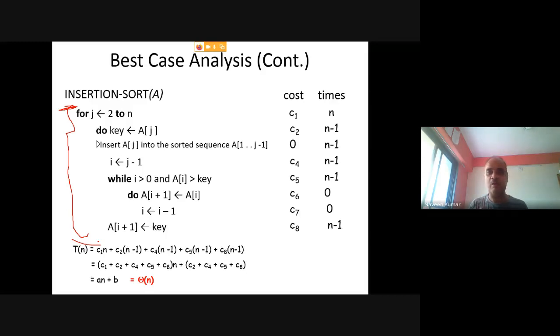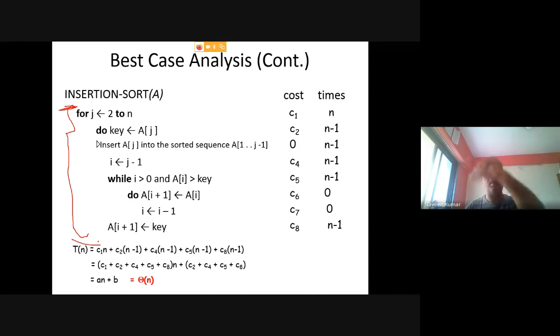For example, some algorithm in the best case takes n time and in the worst case takes n square time. That difference should show in those times, and you need to realize that. If it does not come, fine. You don't need to force that correspondence in those values. Whatever the time is, send it to me. But it is for you to realize that difference between the best case and the worst case.